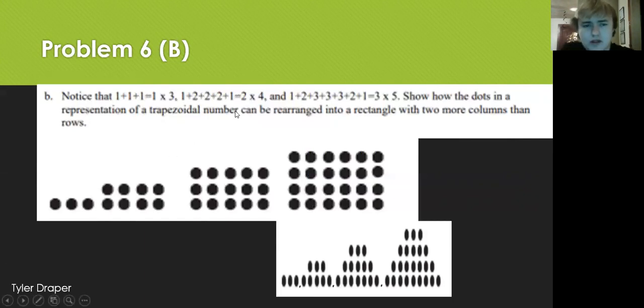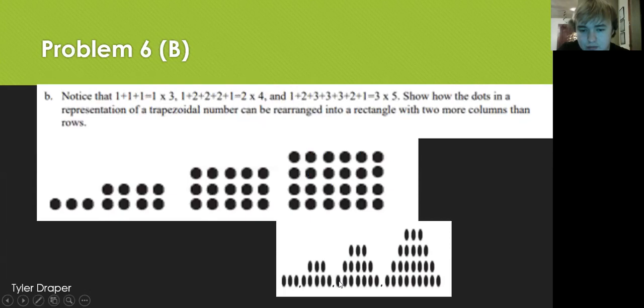Okay, so these down here where my mouse is, follow along here. This is what we just determined on our other problem, what our dot representation would look like. And as we can tell, if we create 2 more columns than rows, we can make complete rectangles. So let's look at this one. We have 1 plus 2 plus 2 plus 2 plus 1. Here, we're just going to pick up this dot and bring it right here, creating this 2 by 4 to fill in that last column